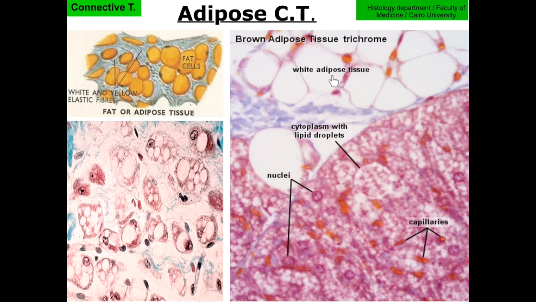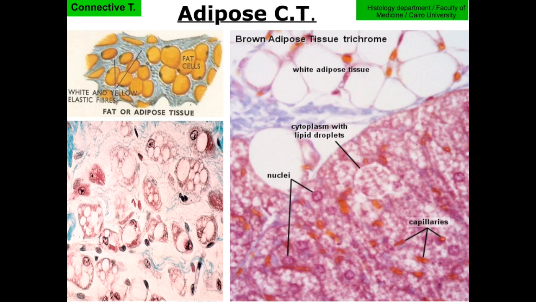The white is formed of unilocular adipocytes and the brown is formed of multilocular adipocytes. The blood vessels in the brown here are more than those in the white. The brown cells here are pigmented and these are not pigmented. This is one droplet, these are multiple droplets. These have the signet ring appearance, these do not have this appearance, and the rounded nucleus and the multiple droplets